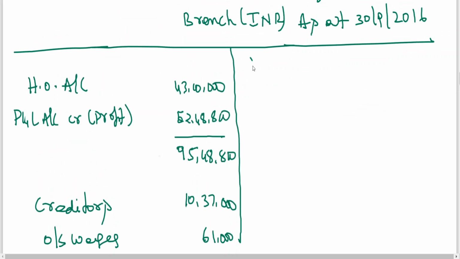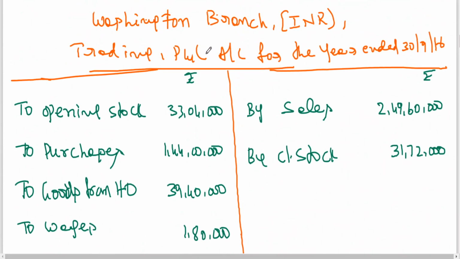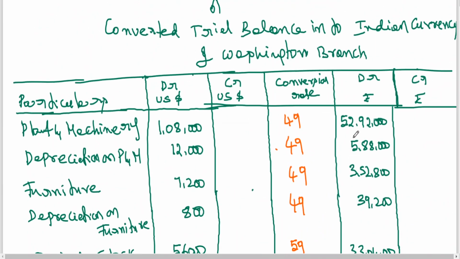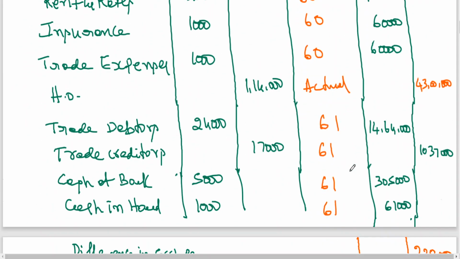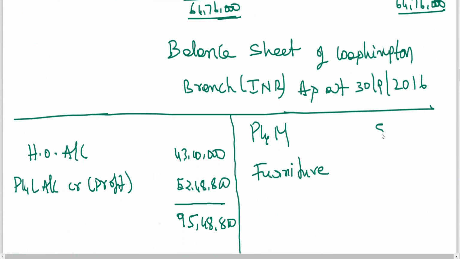Since depreciation has already been calculated, for plant and machinery and furniture, directly I can write closing book value. If depreciation is not taken, then we shall deduct. Because depreciation has been taken in trial balance, depreciation will go to P&L account. But I have already explained, directly you can take these values. Now plant and machinery 52 lakhs 92,000 you should take, and furniture 3 lakhs 52,800.